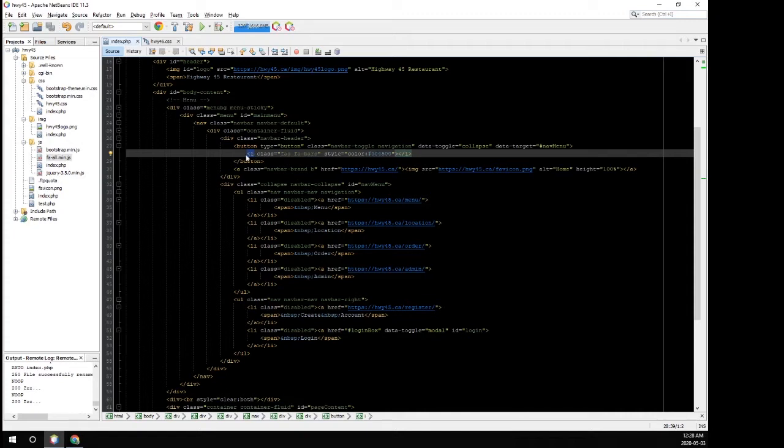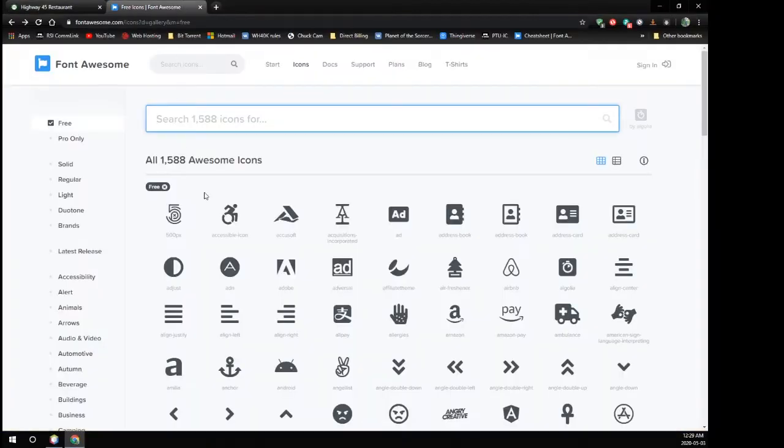So just using the I, and then we have to create a class attribute, and the class FA, and then a letter here depending on the type. So S is for solid, R is for regular, B is for brand. Those are the only ones we're going to have in the free set. So it's either going to be FAS, FAB, or FAR. And then it'll have FA hyphen and then the name of the product. So if you're looking directly at their list of different things,